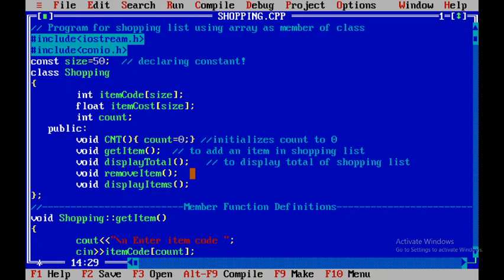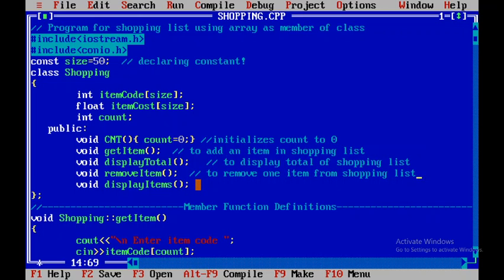Remove atom: void remove atom. This method we will use to remove one atom from the shopping list.